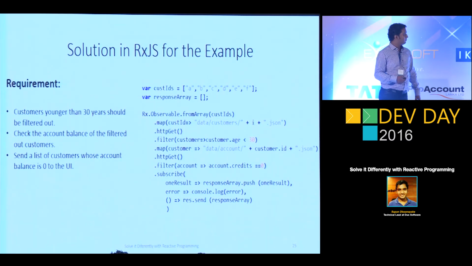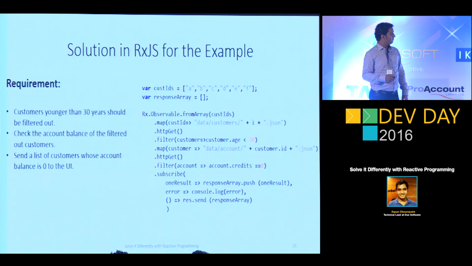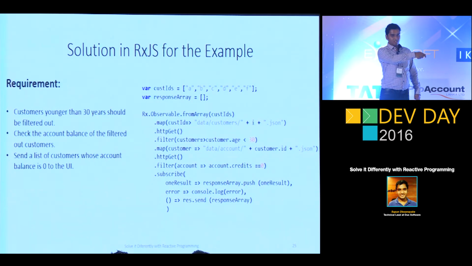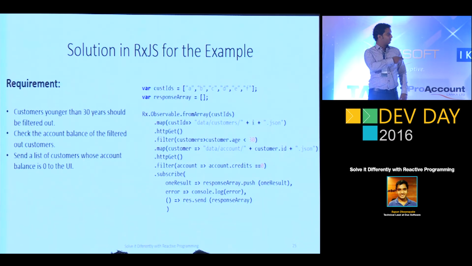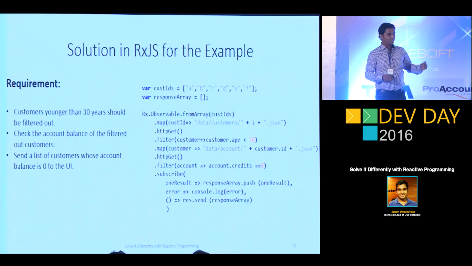So, here what I do is that first when I get the customer IDs, I generate the URL, and then I issue an HTTP GET command. But as I mentioned previously, the HTTP GET command doesn't come with reactive extensions. What I did was that I wrote a separate operator. So you can also encapsulate all your logic inside operators. Then once you get the objects one by one, we filter out all the customers and